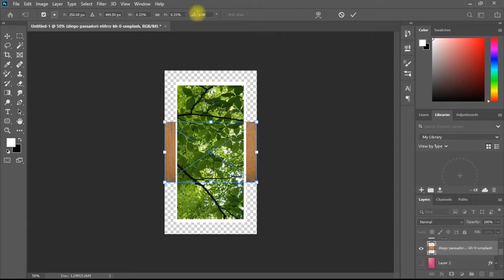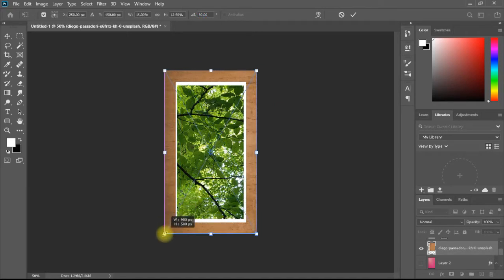I can turn it from here. I can come and turn it 90 degrees directly. Okay, so that's also one of the easy ways to make it. And I expand it to fill my photo. Okay, I can expand it outside, even it, and it will be trimmed to the size that I want. And then I select this layer again,